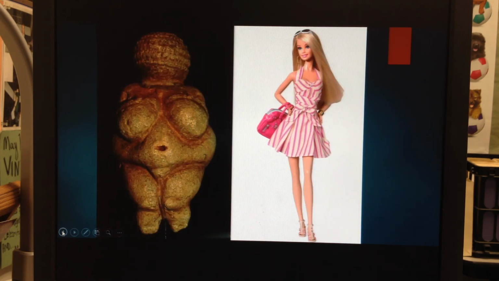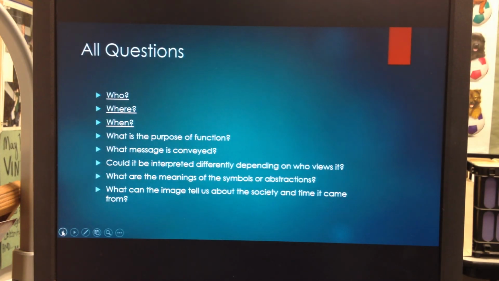And then I want you to do a comparison of these two. So compare the two artifacts. What is similar? What is different? And can you draw any conclusions about these two societies based on the differences in these two artifacts? All right, and all the questions, just to summarize, the questions that we go through when we go through documents